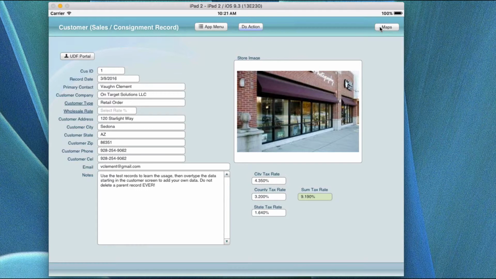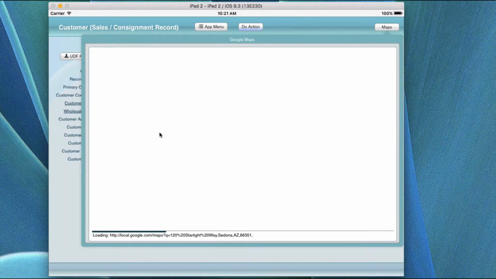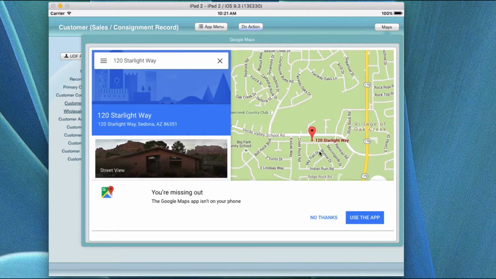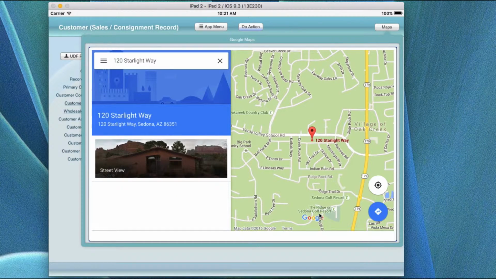This up here in the corner is if you have an address for this particular client and you click on this, it will give you the ability to see their location in Google Maps. So you would see Google Maps come up and then you would see the location. Now if you actually log in, for example, if you get rid of this little guy right here and then